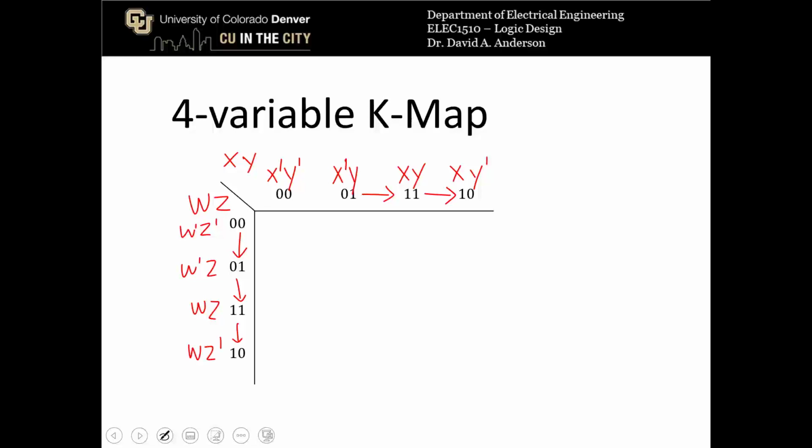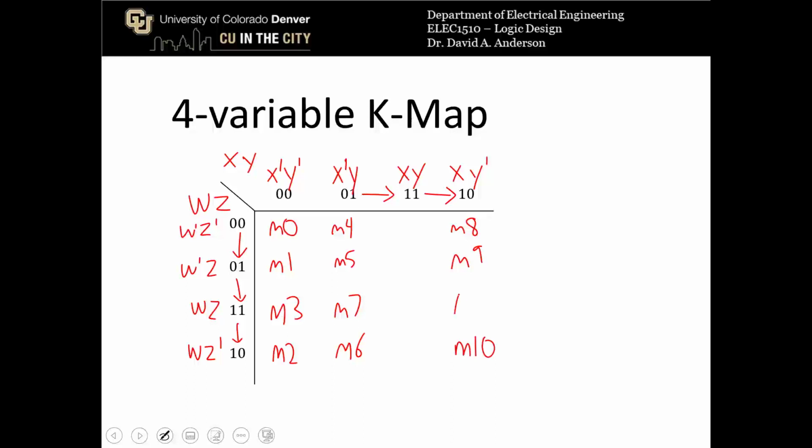So we have minterm 0 in the top left corner, that's 0, 0, 0, 0, and then minterm 1, then all the way in the bottom left is minterm 2, and one box up from that is minterm 3. Then if we move one column over, we've got 4, 5, 6, and 7. And now we have to jump all the way over to the right side to get to 1, 0. So minterm 8 is up here, 9,